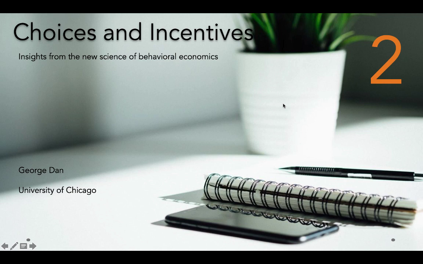Welcome back to lecture 2 of our course. In the previous lecture, we talked about how the model of System 1 and System 2 influences our decisions, right? And in this lecture now, we're going to continue on and talk about some fundamental aspects of behavioral economics. Prospect theory is one of the most important pieces of behavioral economics, and that's what we're going to talk about in this lecture.